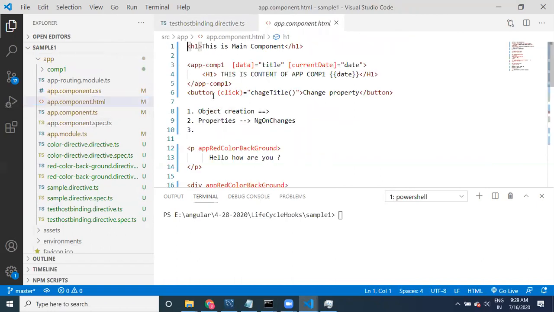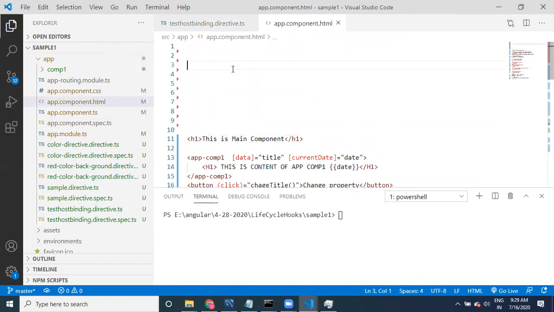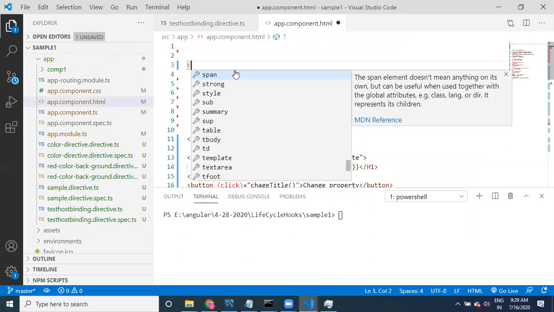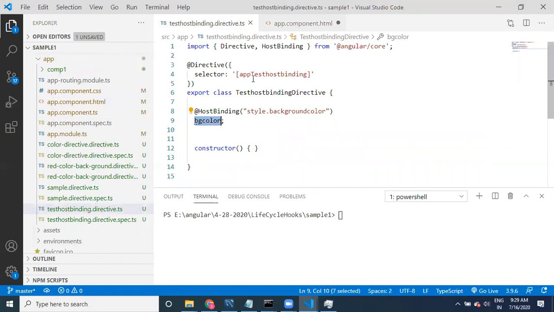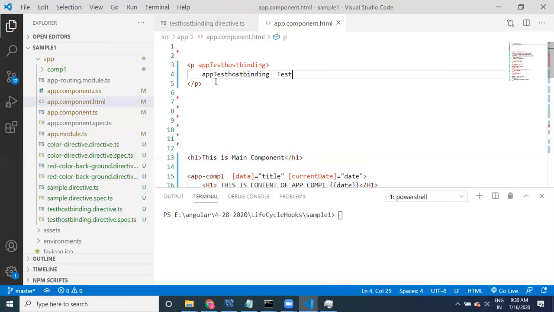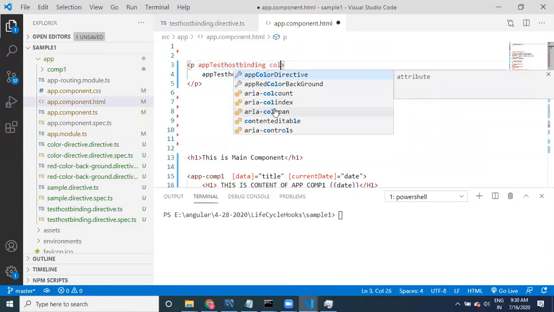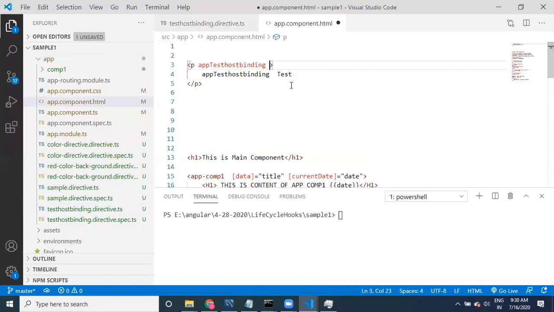Here at the top, I'm going to take a paragraph. This is the selector name, apply this selector name and provide some text. See here, what is the property name available? bgColor, right?